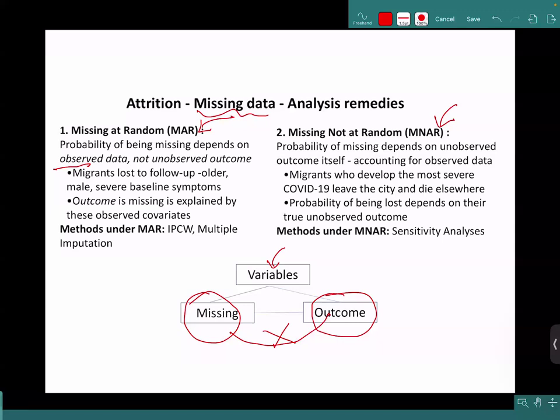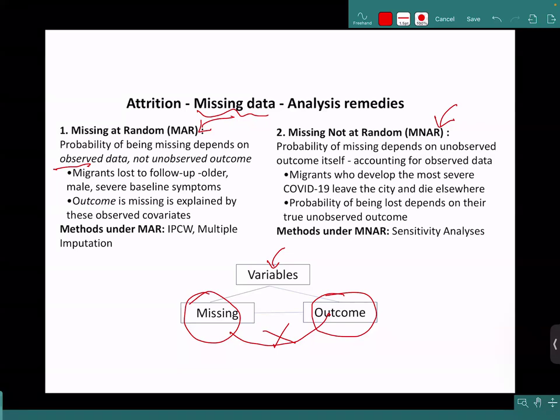Baseline variables you have collected, they might be in follow up to some point. You have followed them up and collected their data, but not up to the measurement of the outcome. So supposing the outcome is death, it is COVID-19 and it's migrants we are interested in. So migrant and non-migrant, that is your exposure status, and outcome is say death because of COVID-19. But some of the individuals you have lost to follow up. Some of them are migrants, some of them are non-migrants, right? But you do not want to drop all those who have gone missing or have been lost to follow up. So what the options are is what I'm going to tell you.